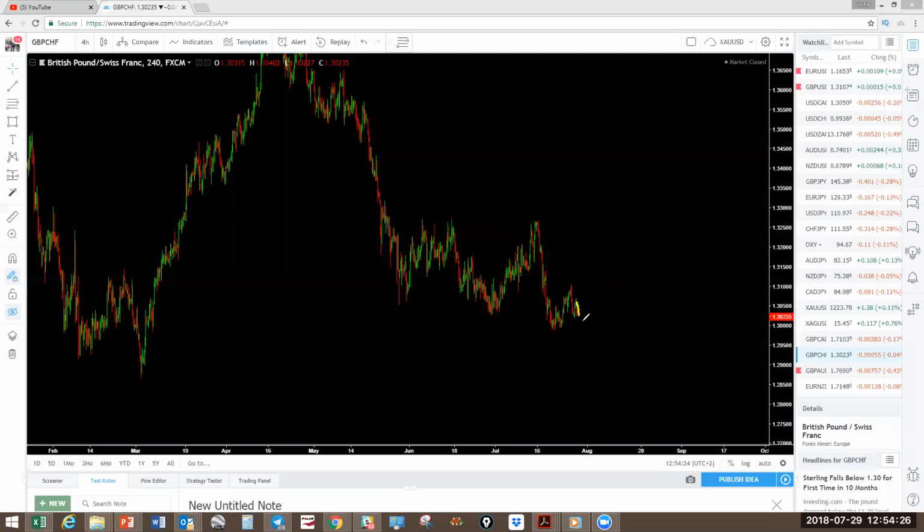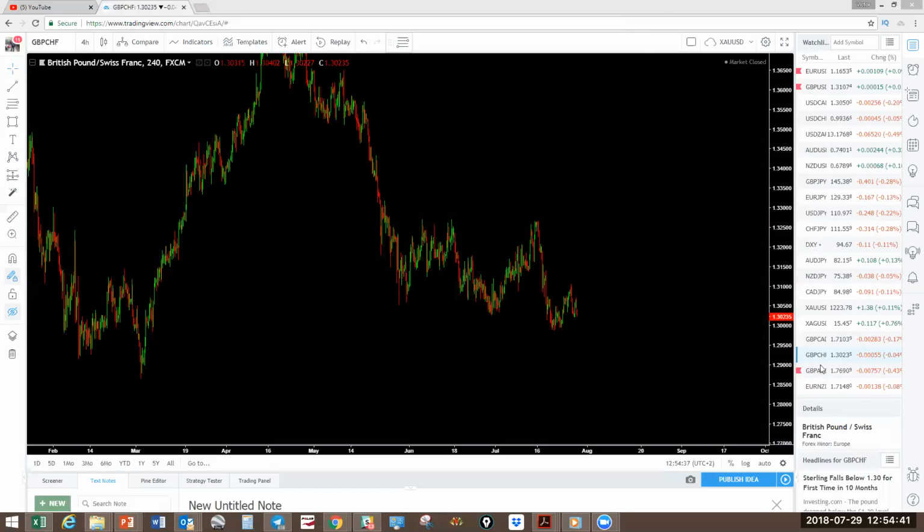So watch this one come down, up. Start looking for entries if it gives you that structure. Start looking for entries at the top. Then you get a structure like that. Okay, so that is pound CHF on the 4 hour. And pound AUD we already looked at, pound CHF we looked at,